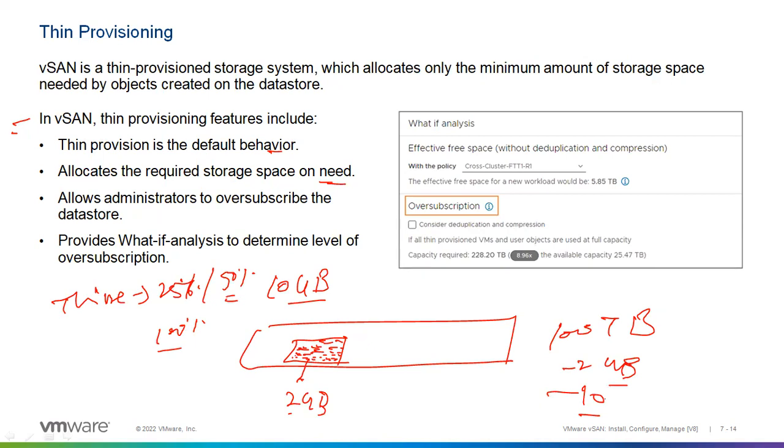If I say 50%, minus 5. If I say 25% reserved, then